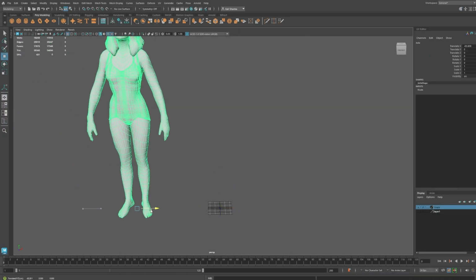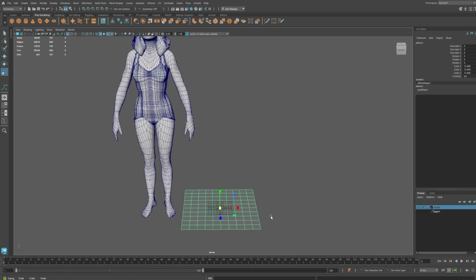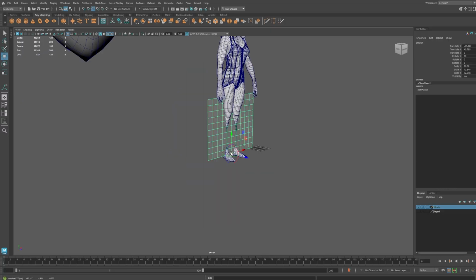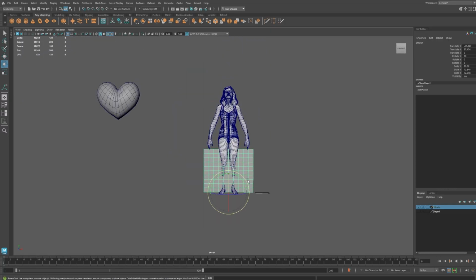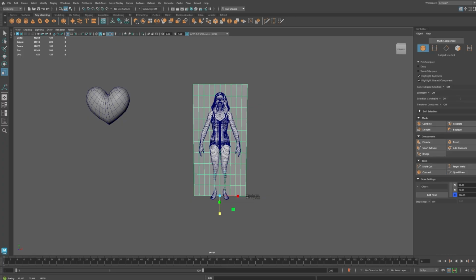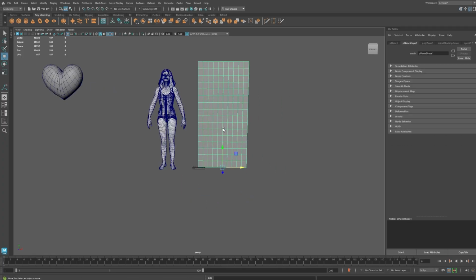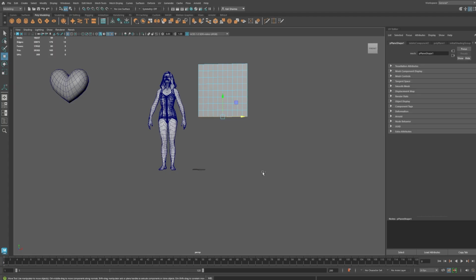When you finish that, we can move on to the door. I grab a basic plane and I'm going to scale it to this scale human that I have here in the scene and try to get as perfect quads as possible. Using my attribute editor, I'm just going to push that up. We're going to delete half of these faces and then select the other half and go to edit mesh and then circularize,